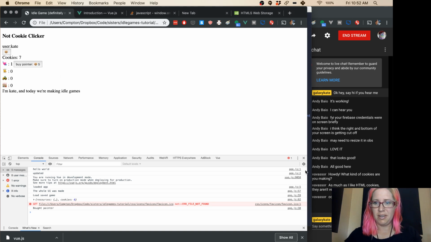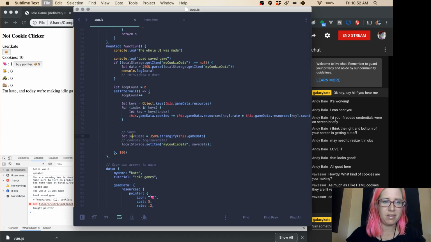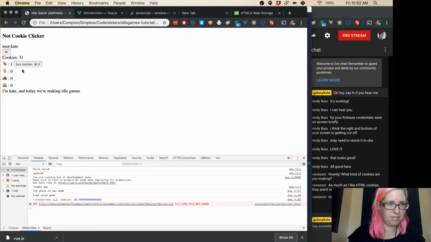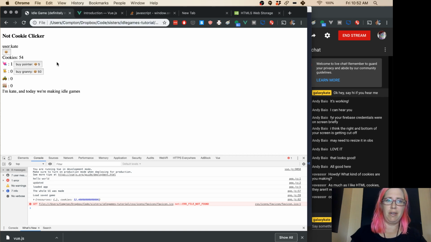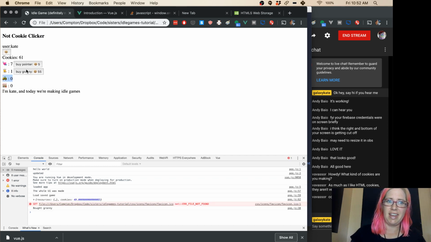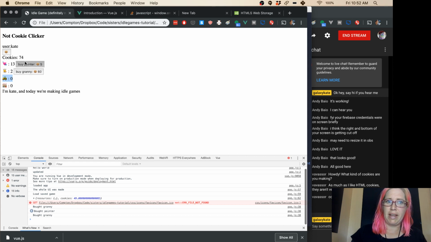Okay, cool. We're back to min spec. Okay, so now let's try loading our game data again. Oh yeah, look, I've got 47 cookies. If I reload this, okay, we now have full Cookie Clicker, so you can buy all your stuff,